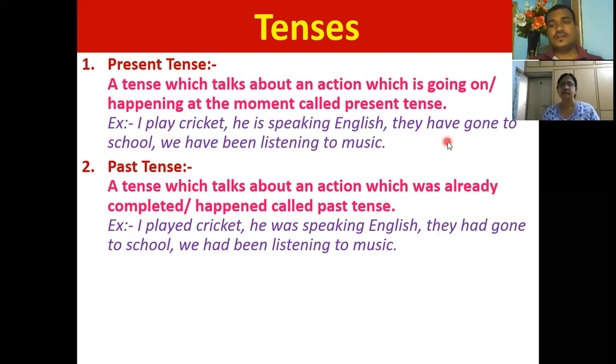Similarly, in the past tense. Here we used have because it is present perfect. Here we used had because it's past perfect. So perfect continuous also. We have been listening to music. So it is present perfect continuous. That is why we are using have here. But in the past perfect continuous, we have to use the had form. We had been listening to music. Clear?